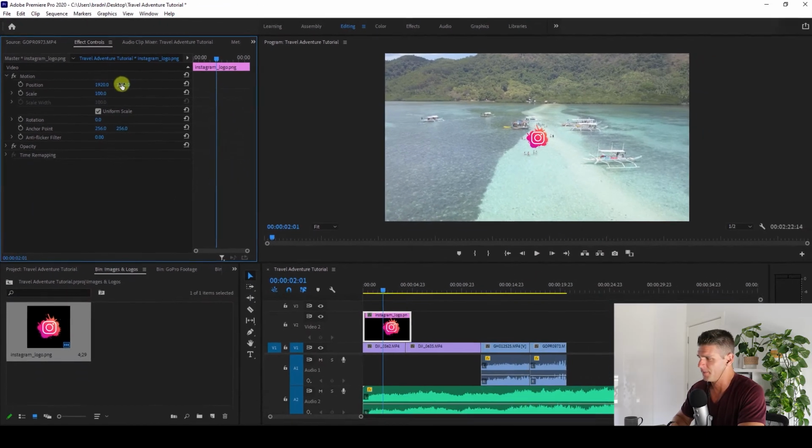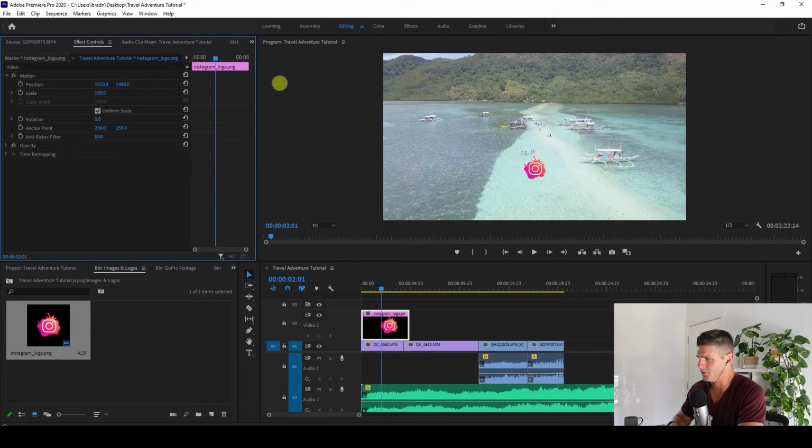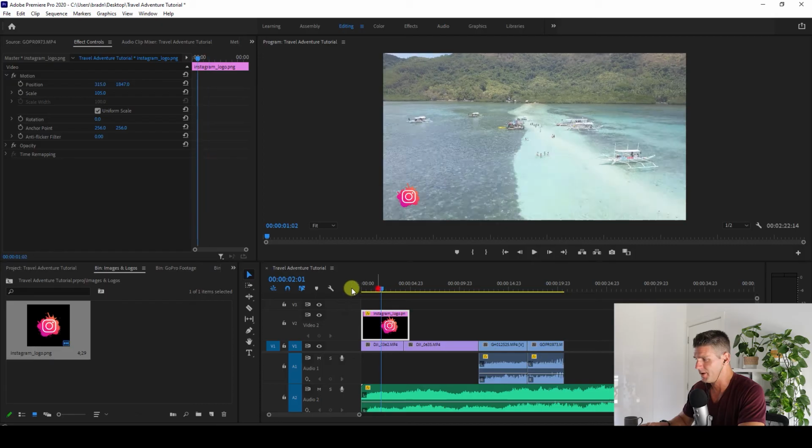If you just click and move this around, you'll see that the logo is moving down the screen. Then if we move the position over here, drag it over to the left, drag this down a little bit more, I'm just adjusting the position values. And here where it says scale, I can change the size of it. I can increase it to 120%, 170%, you get the idea, or I can just make it smaller. It's completely up to you. And if I just play this back,